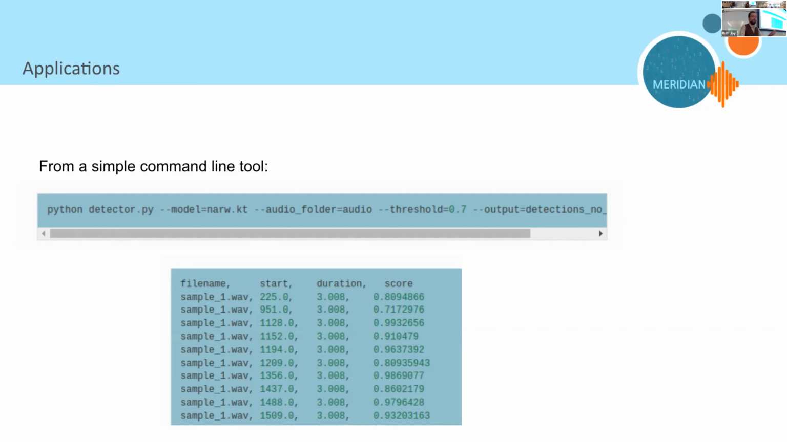So the same model can be used in different software applications or software systems. So I mentioned a very simple example and minimal application would be just a command line tool that will take this model and run it through all the audio files in a given data set that we can specify. But I was about to show you a video of how to use trained models